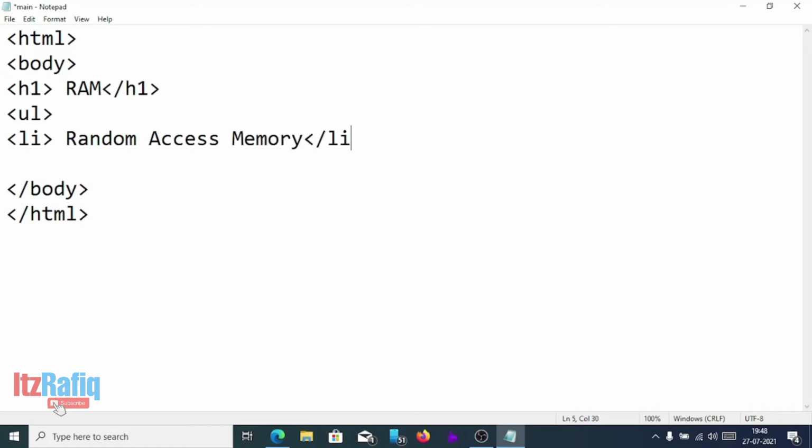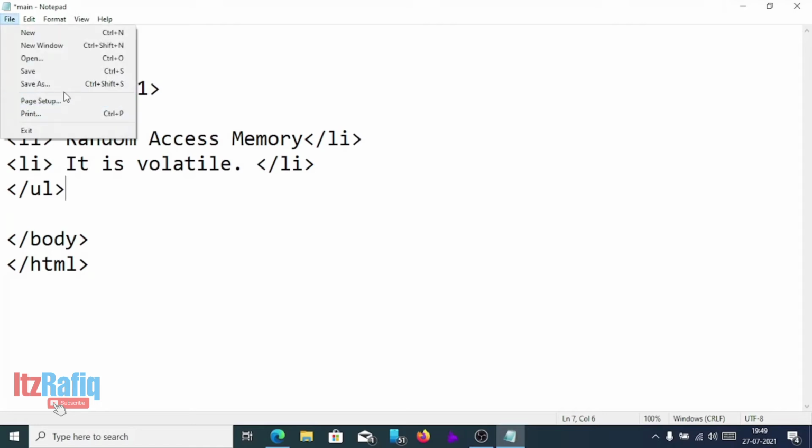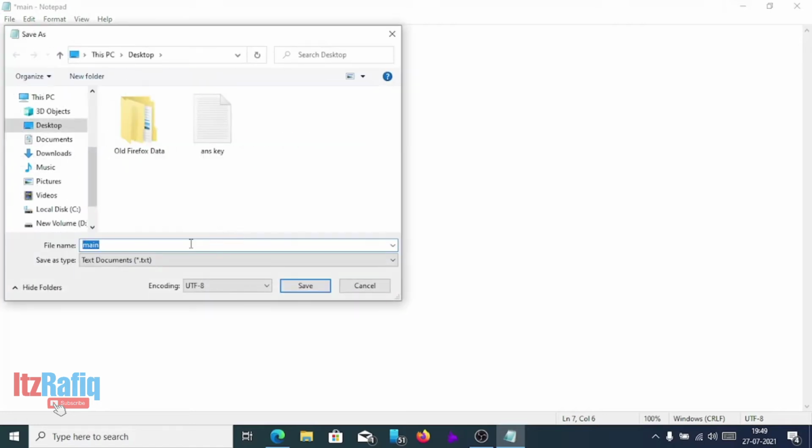Then li close, again li, it is volatile. Then li close, ul close. Now I will save this page as ram.html. So file, save as, file name ram.html. Save the page.